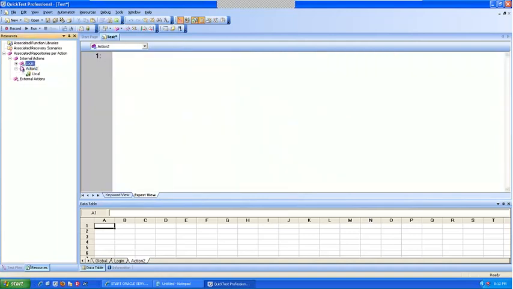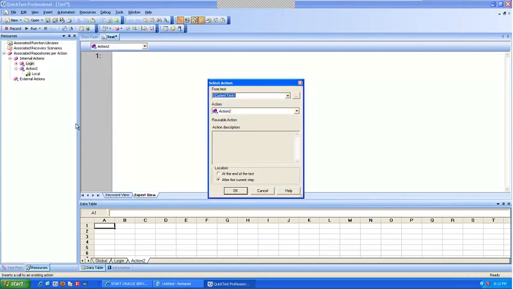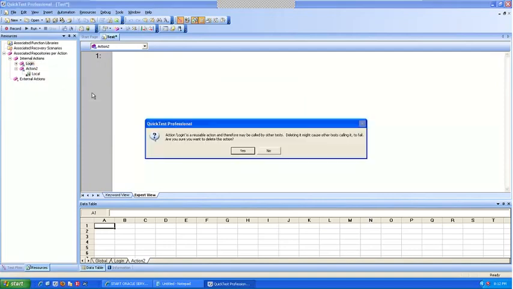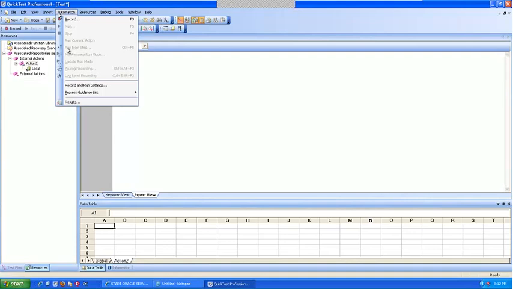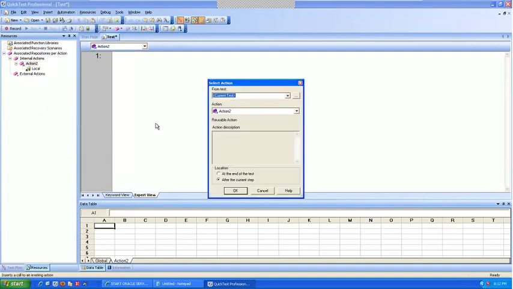Next, what we have to do, I can again call, I'm going to call to copy, and this time I'm going to say call to existing action. Now let me remove this call to copy. Don't need this, delete action. Okay. Now I'm going to say call to existing action.